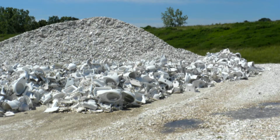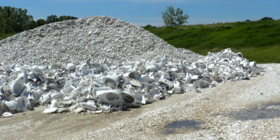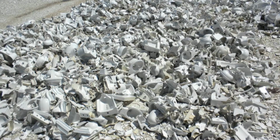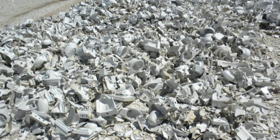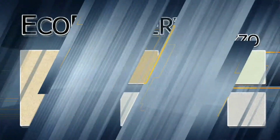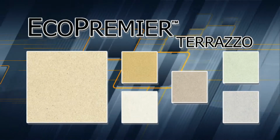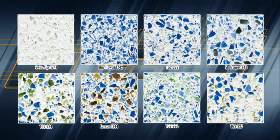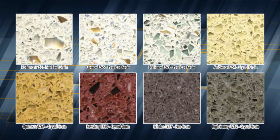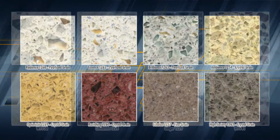Wausau Tile works with a domestic manufacturer of porcelain sinks, toilets, showers, and bathtubs. By agreeing to reuse their porcelain seconds, their porcelain is a direct replacement for aggregate used in all of our concrete products, including our line of Eco Premier Terrazzo Tile. This porcelain, crushed glass, and other recycled materials allow Wausau Tile to manufacture a wide variety of colors, styles, and